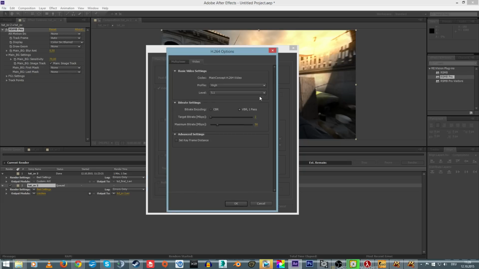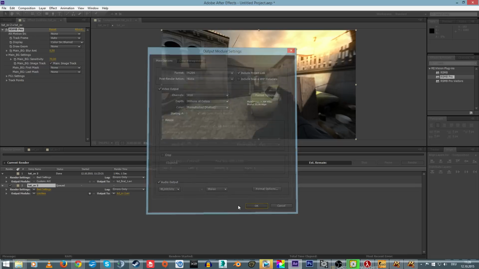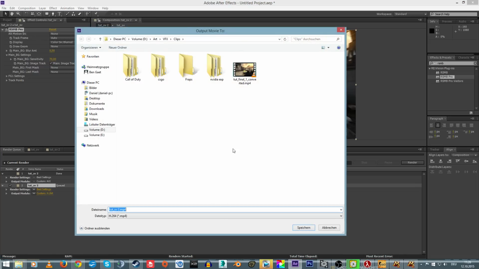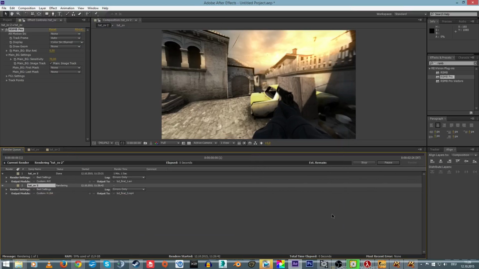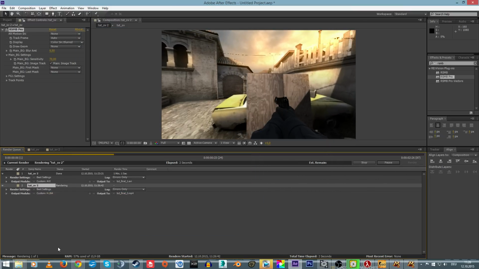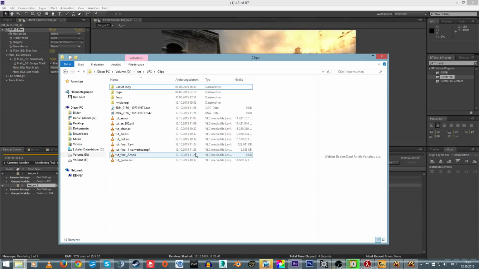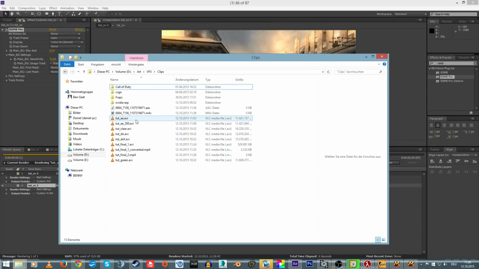Then you go to Format Options, and I recommend you to set it to about 50. That's 50 megabits per second, the bitrate, and it gives you really nice quality. So name this Final 2, render it again,